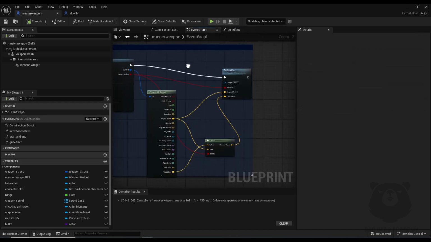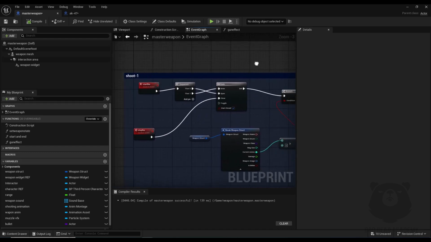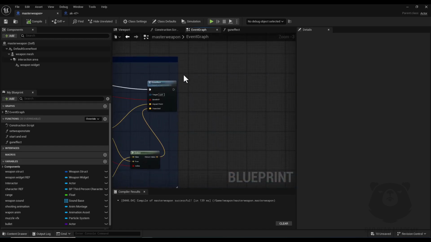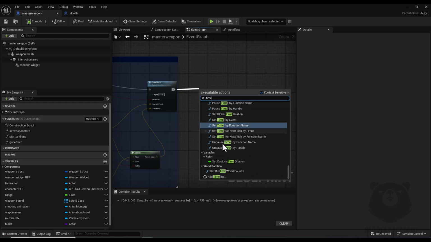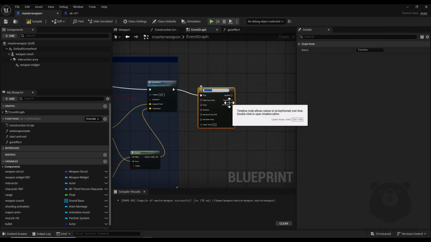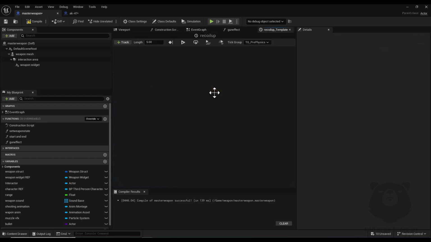So I'll go back to event graph, and here I have this start fire event. First I drag a node from here and search for timeline, add timeline, and I name it recoil up. Alright, now I open this timeline, set length to 0.1 and here I add a float track,